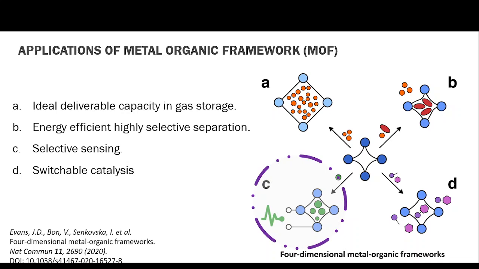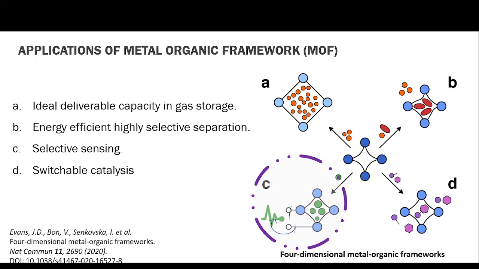For example, if someone wants to detect, let's say, carbon dioxide in the fumes, they just make a sensor with the MOF, and then when the carbon dioxide is sensed or observed, it just gives out an electrical signal,